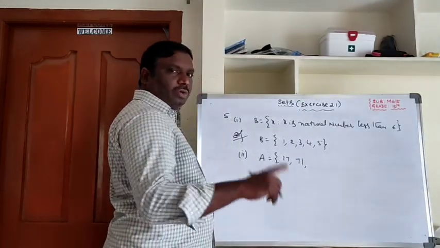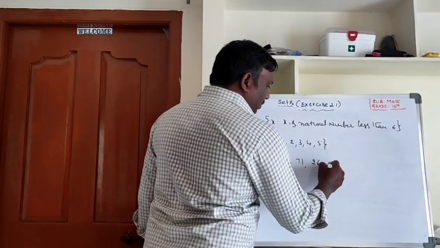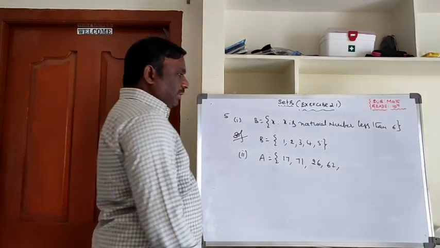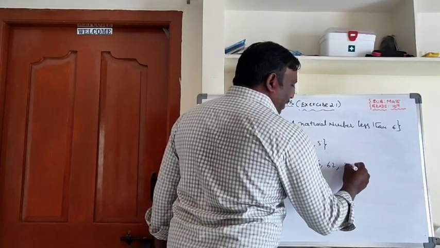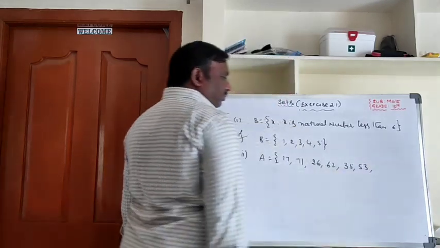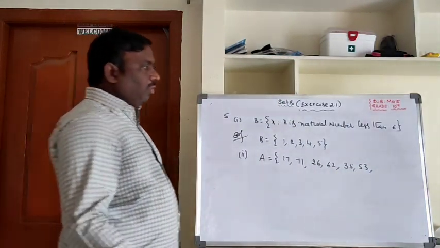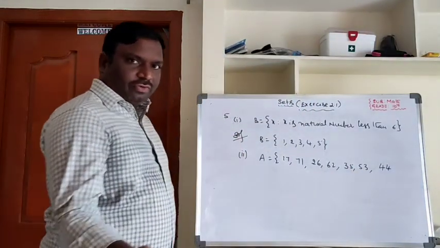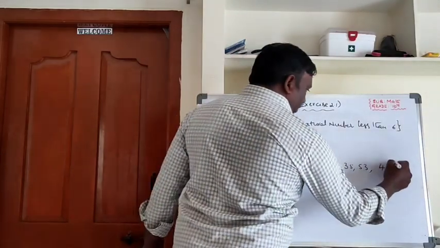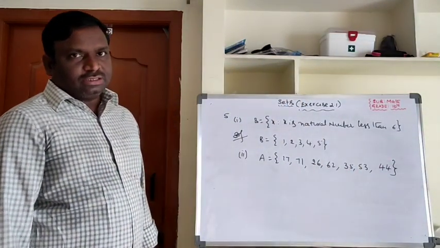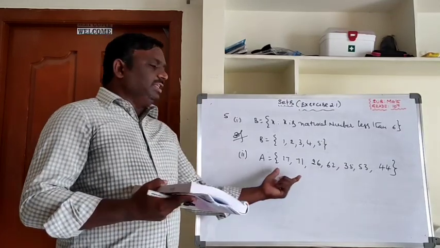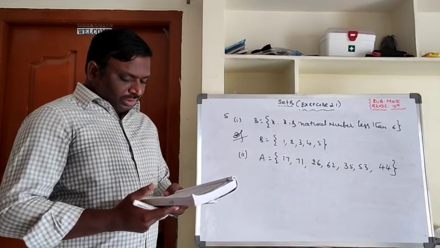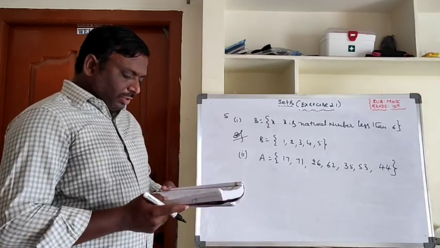Next, if you take 2 and 6, 26 and 62; the sum of those digits is 8. If you take 3 and 5, 35 and 53. If you take 4, 44; interchanging gives 44 again. Next, with 5 you get 53, which I already wrote. These are the elements whose digit sum is 8. Only 2-digit numbers they are asking. The remaining two questions I will give to you.